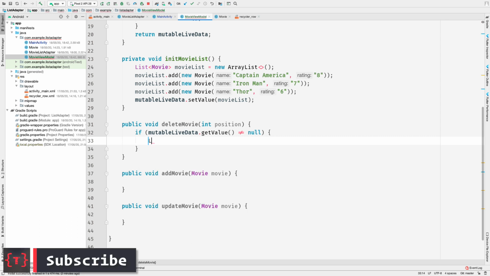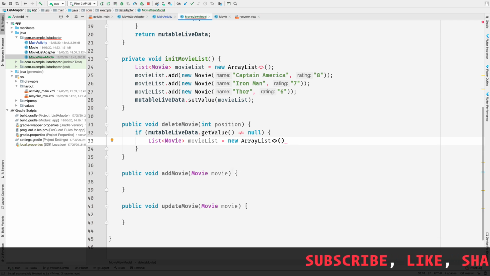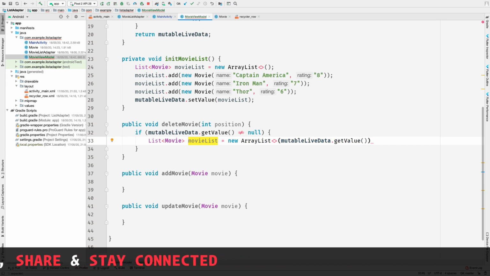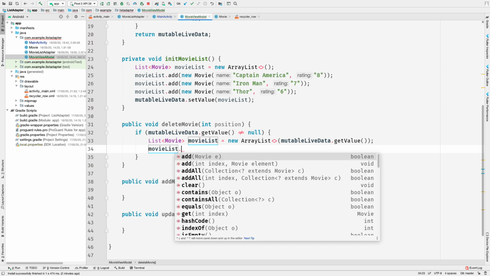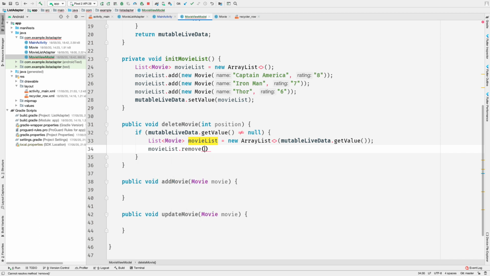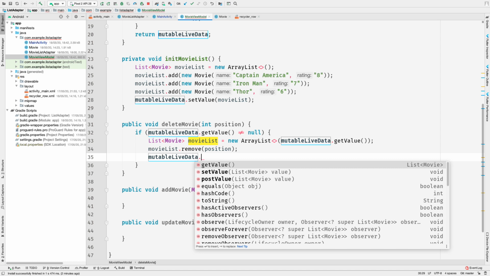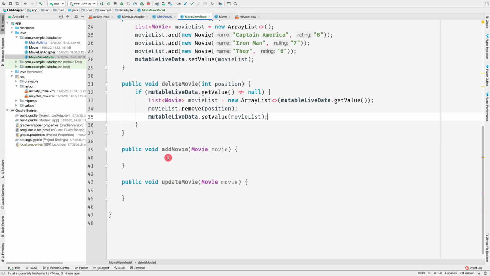So not live data but a list of movie, movie list equal to new array list, and this array list would be initialized from mutable live data.getValue like this. And now from this movie list we can remove this movie, that is movie list dot remove at index, and index would be position like this, and then we can submit this list to our mutable live data. So mutable live data dot set value, and here we can pass in this movie list. And firstly let me fill in all these methods, and then finally we'll see the final result.